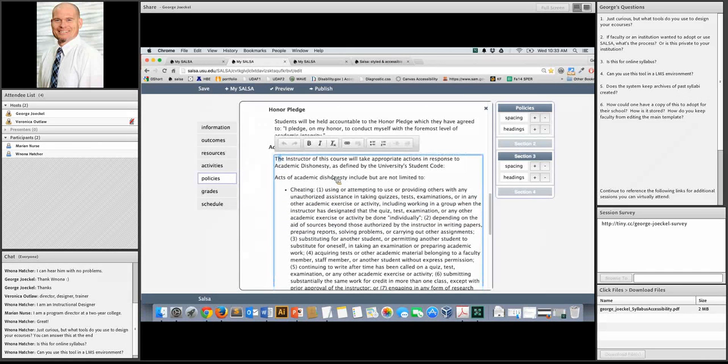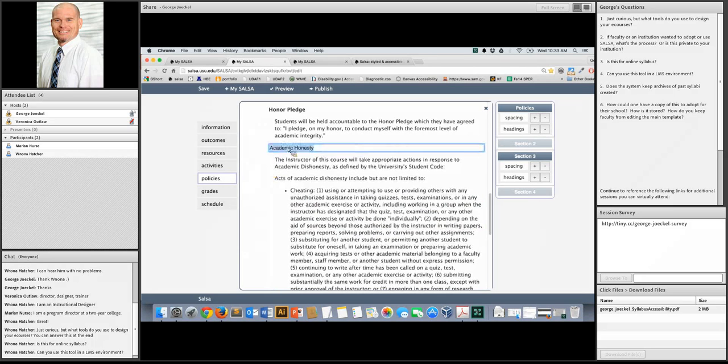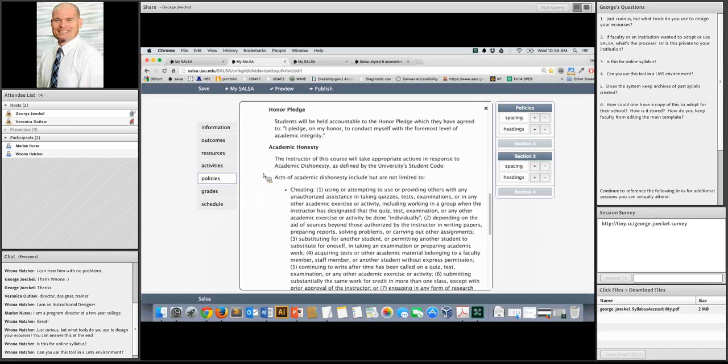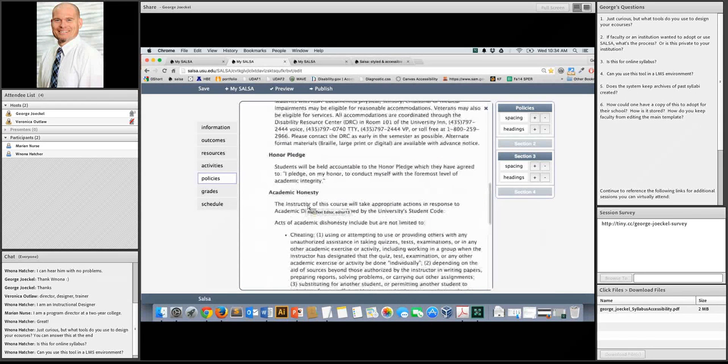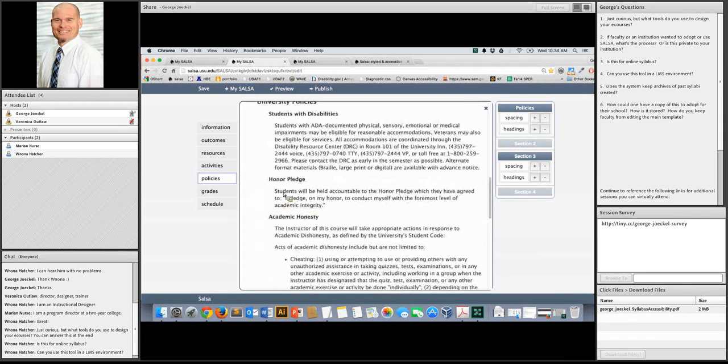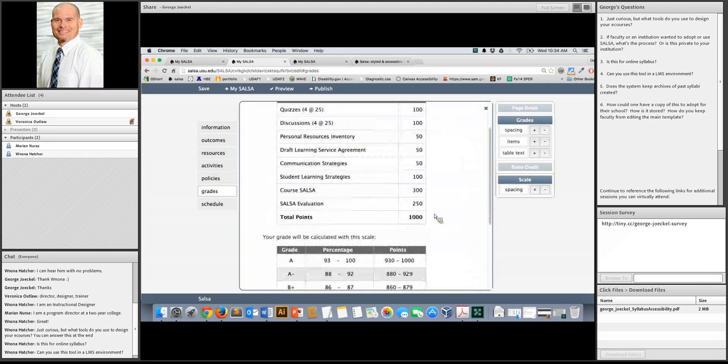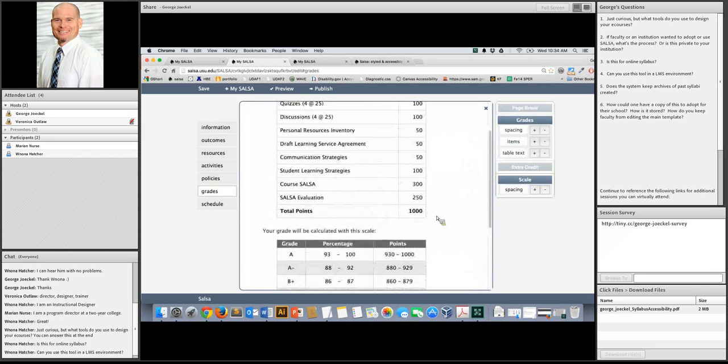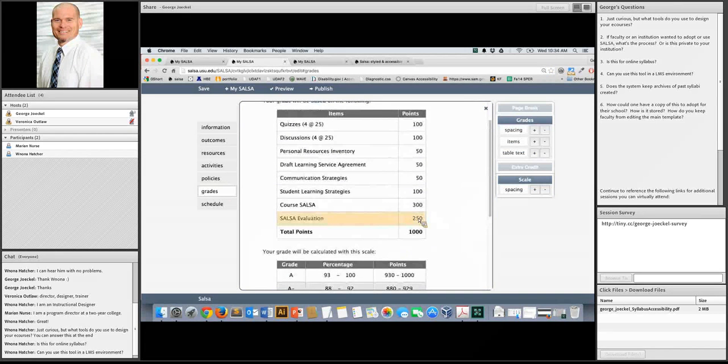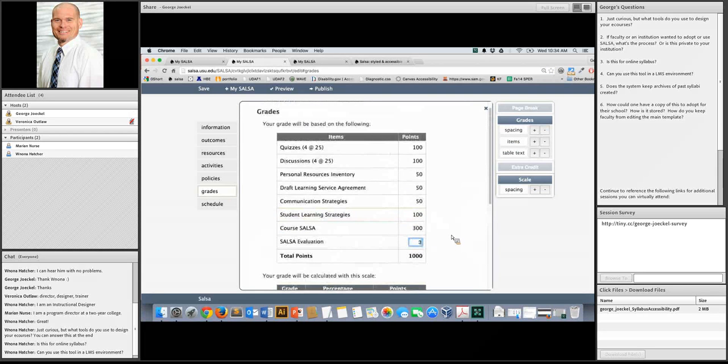Policies. So in this case, there's a course policy section and a university policy section. At USU, all of these policies are hard-coded in. They're not in this case because it's an example, but normally this would be a read-only field that I couldn't edit. Whether a field is read-only or editable, or you could have something like maybe the honor pledge, this was required, but you would allow them to add things to that.